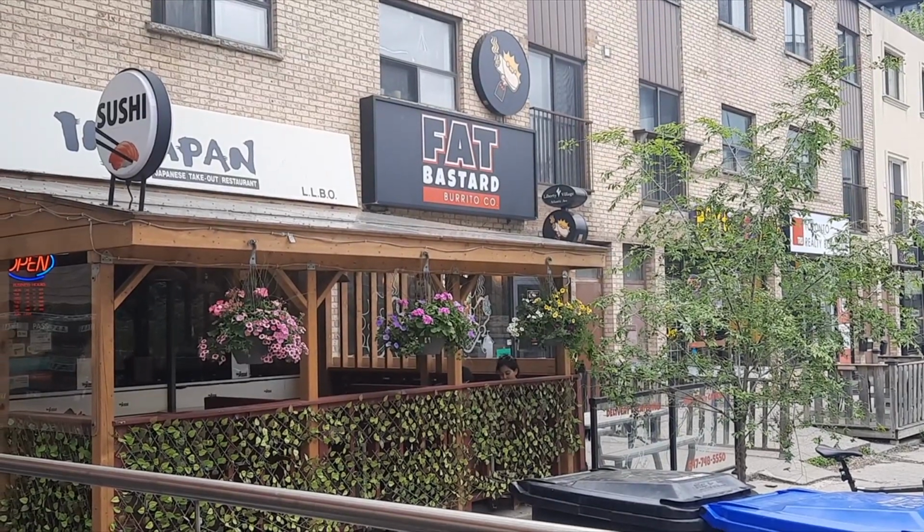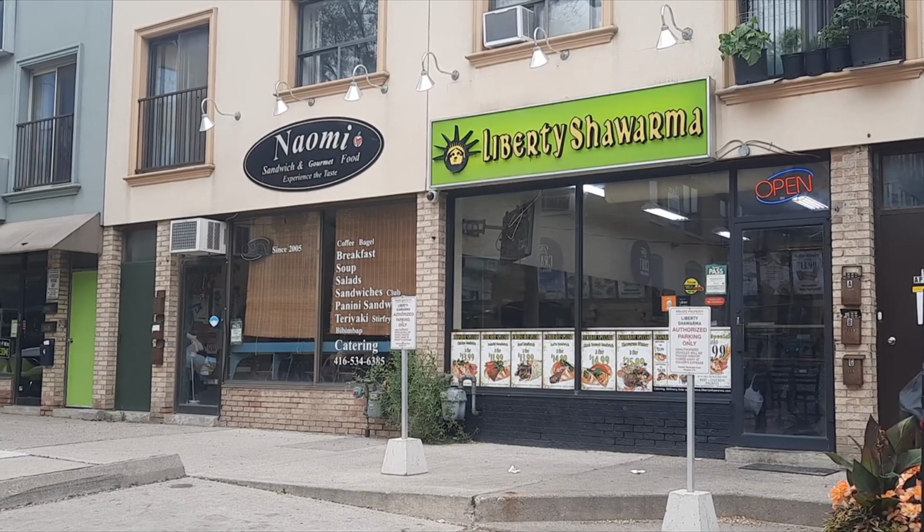Like I said, Liberty Village pretty much has everything you need. Now when it comes to restaurants, there are plenty of options. Brunch can be held at Mildred's Temple Kitchen, or one of my favorites, School Restaurant. So good. Grab a quick bite at Fat Bastard Burrito, Burger Drop, or Liberty Shawarma, and then hit a great